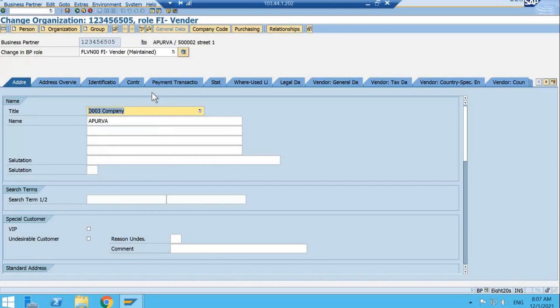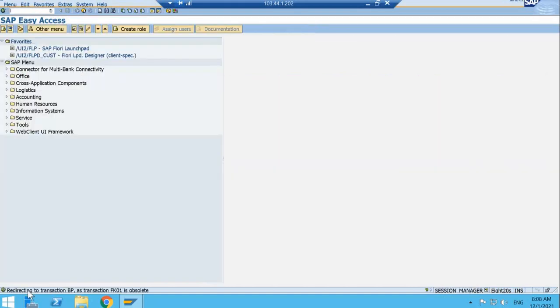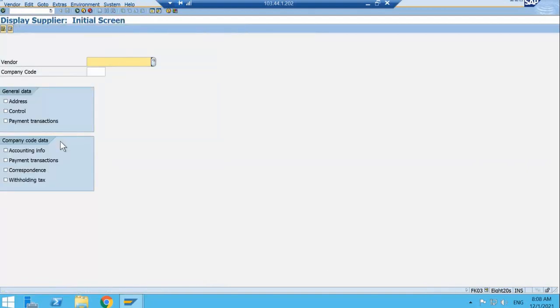But apart from that, whatever settings you do, do them at this level. You will not go and make changes at FK03 or XK03. You will not be creating vendors using FK03 or XK03. For example, the moment I enter FK01, which is usually used for creating vendors, it says redirecting to transaction BP as FK01 is obsolete. It's only for viewing that we will be able to use it, but still if I use FK03 to display,